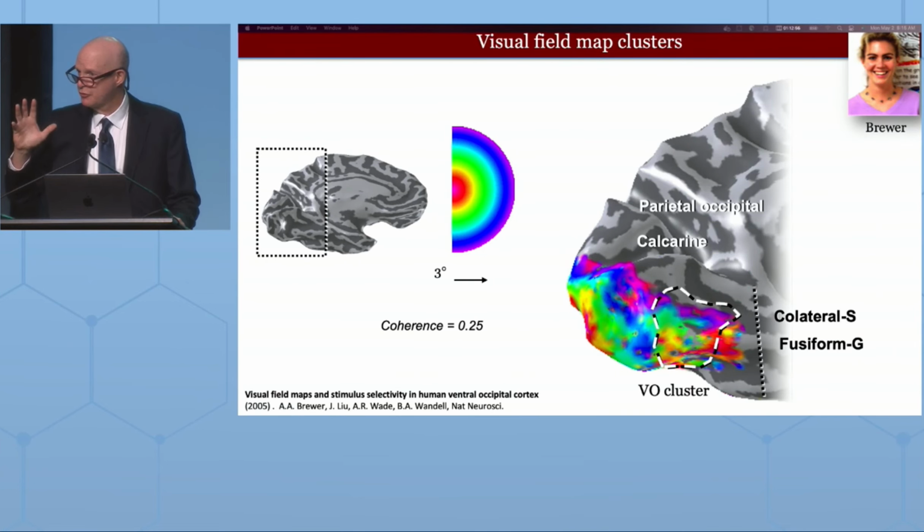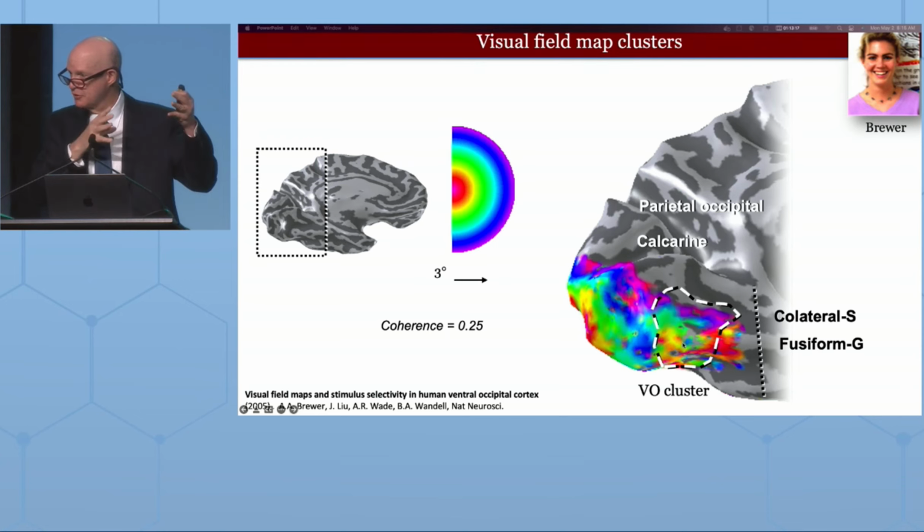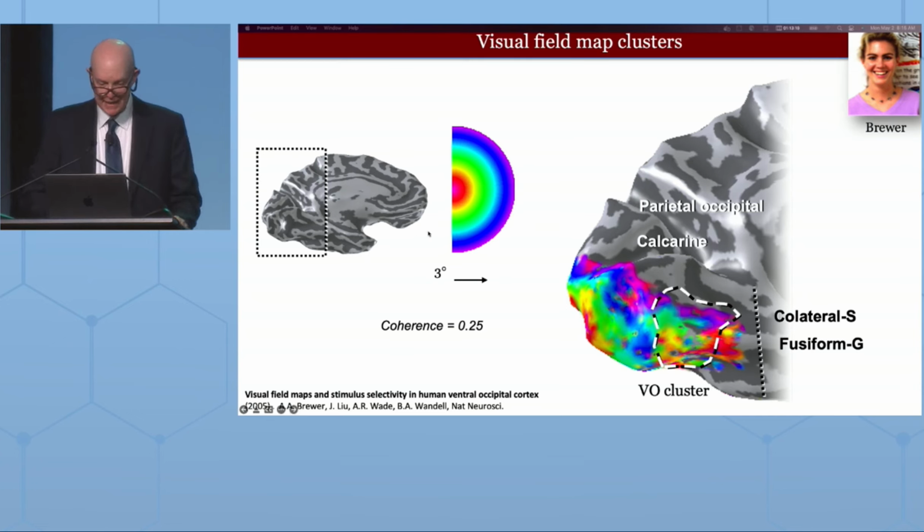Okay, so that was great to go and confirm some of what had been shown by prior work, but there really was a lot more learned in those years. So here's an example. I'll give you a couple. Notice that there's a region down over here that's also representing the fovea, and it's distinct. There's a gap between the foveal region in the very back of the brain and this region over here. It's another little eccentricity map.